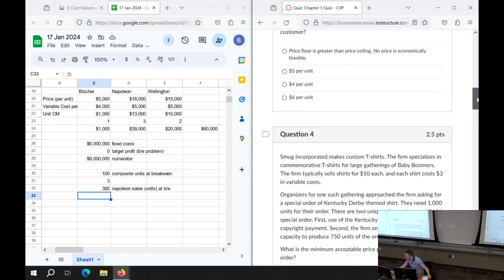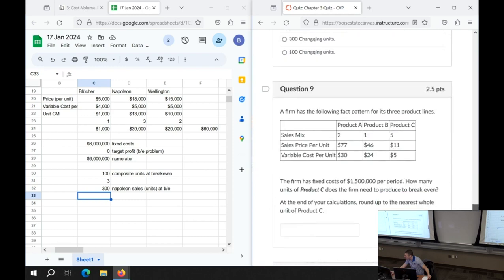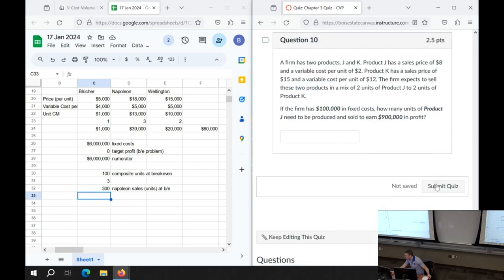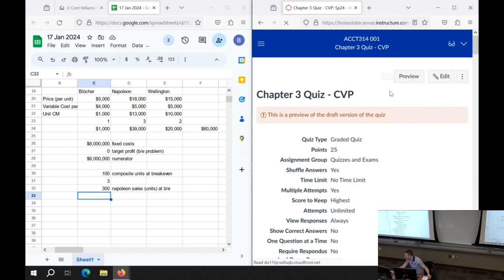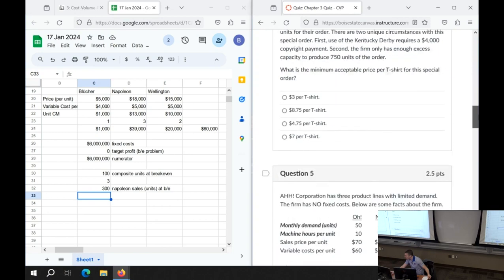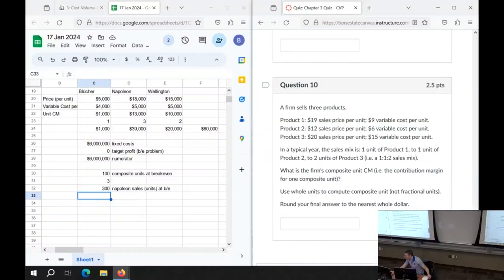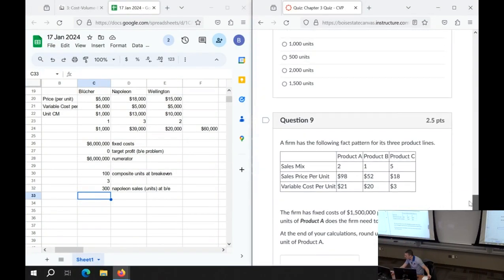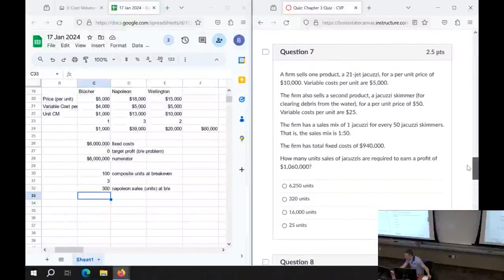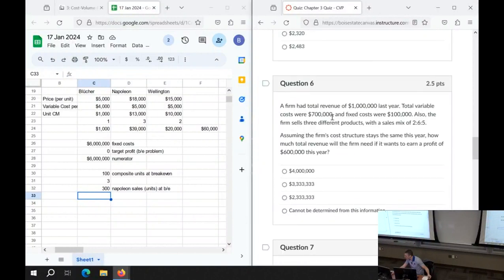I want one of these problems that I have to use a CM ratio on. No, let's try it again. I might give up after this one. Well, I don't have one that I have to use the CM ratio. But I can pick one that, wait. Oh, this is one of them, actually, yes. Okay.